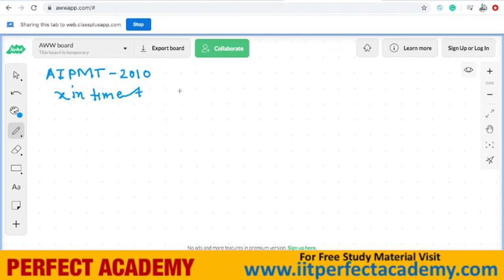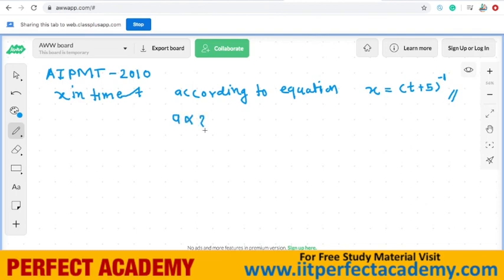According to the equation, x is equal to (t plus 5) to the power minus 1. Full stop. The acceleration of the particle is proportional to...